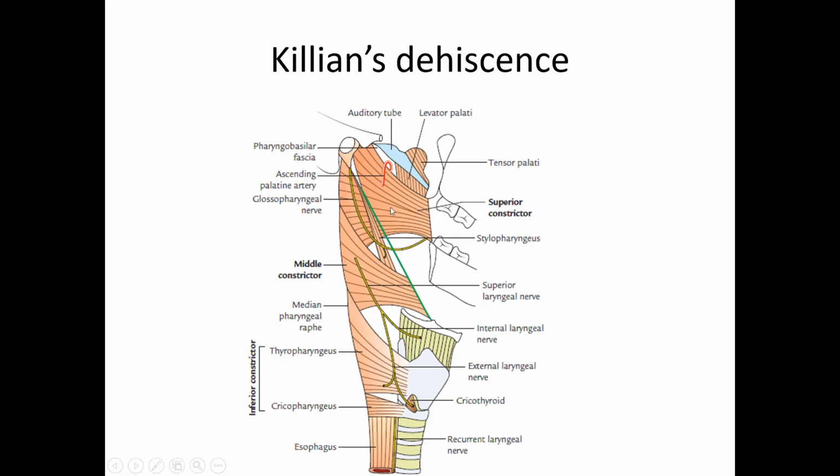Normally, when the upper part of the pharynx contracts, the lower part goes into what is called receptive relaxation. But when the thyropharyngeus goes into contraction, the cricopharyngeus may or may not go into receptive relaxation. Cricopharyngeus is a tough sphincter. If it fails to relax, the lower part of the thyropharyngeus, which is a weakness, may bulge out. That is called pharyngeal diverticulum. The weakness where the pharynx bulges out was described by a scientist called Killian. It is called Killian's dehiscence.